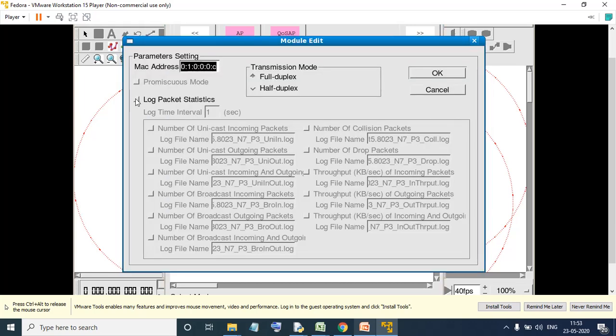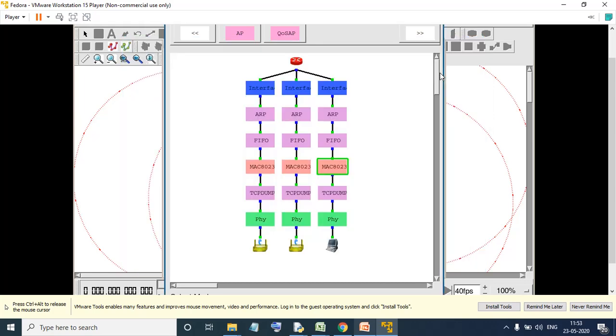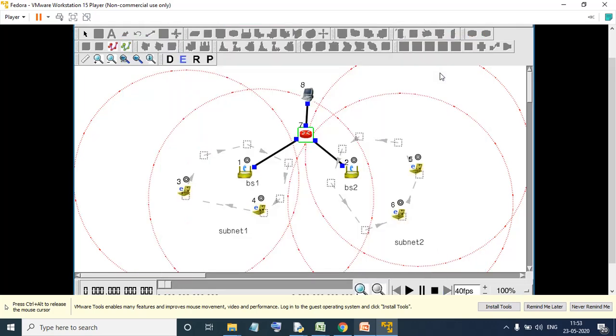Go to MAC. But here from the router the packets are going outside. So therefore I have taken here outgoing packets. Press enter. Okay. So this whole thing is done for the router. So I hope you understood why for this is sending the packets to the router. So therefore input. Even this is sending the packets to the router. So therefore input. From the router the packets are going to the host. So therefore it is output. Okay. So this is done.